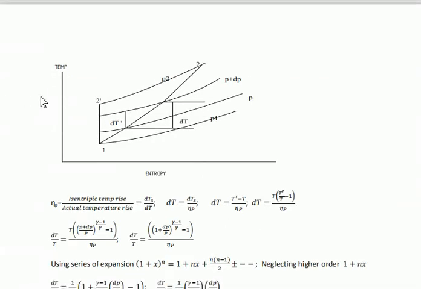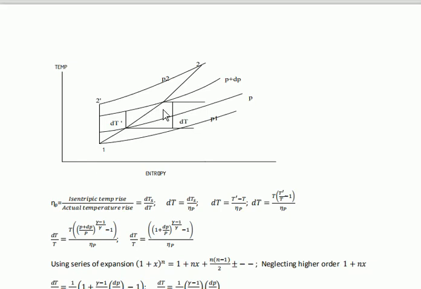For this we have to take the temperature versus entropy diagram. Here we can take our single stage, which is 1 to 2. It is just one stage, a single stage compressor, operating between the pressures P1 and P2. Again, this single stage compressor can be divided into a number of small